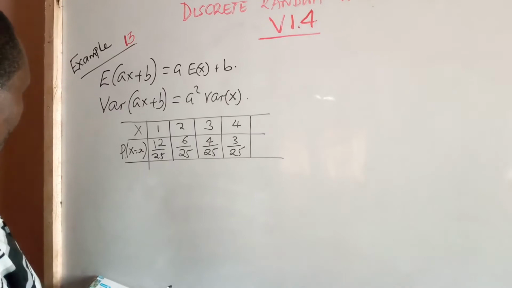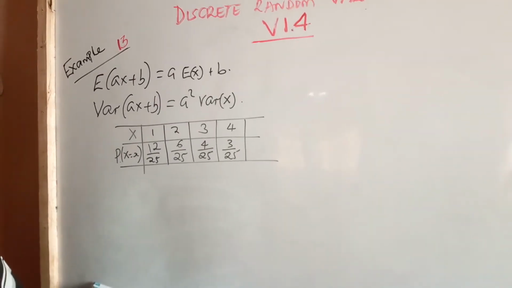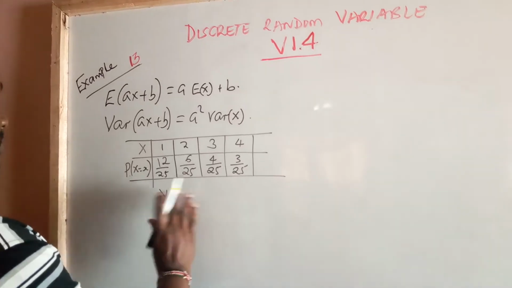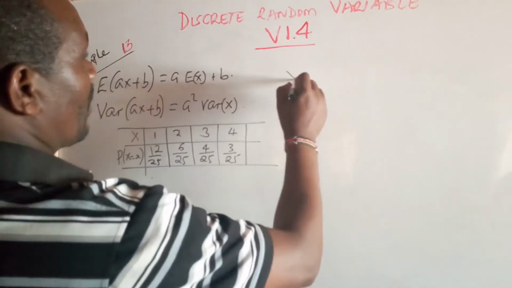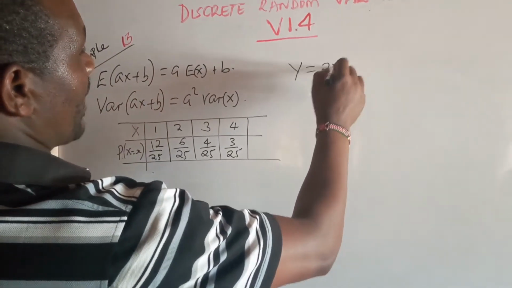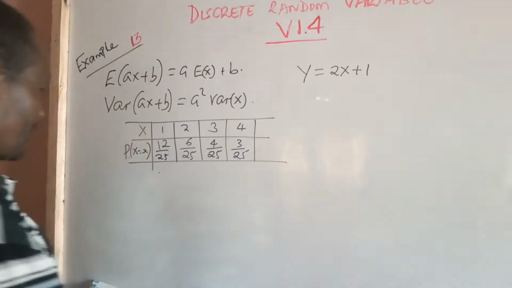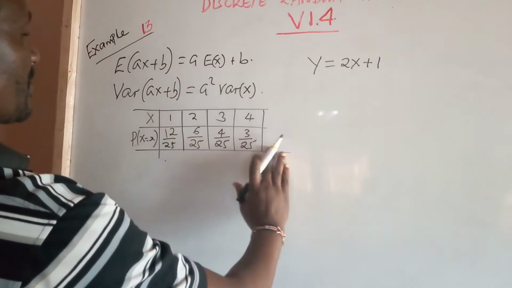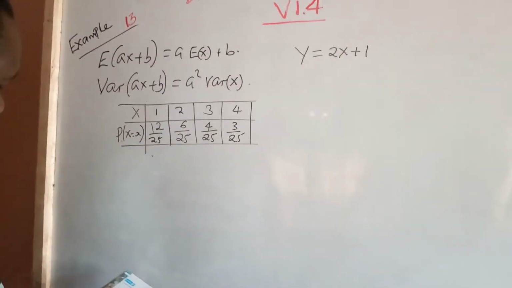Question. Write down the probability distribution for y, where y is equal to 2x plus 1. There are two approaches to actually solve this question. One,